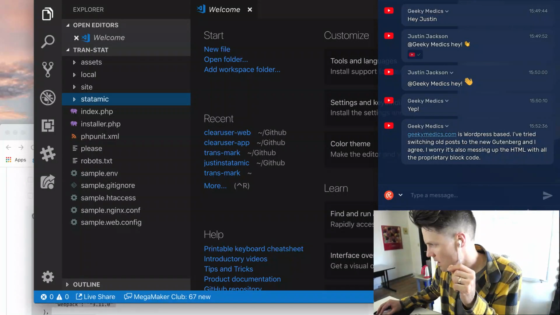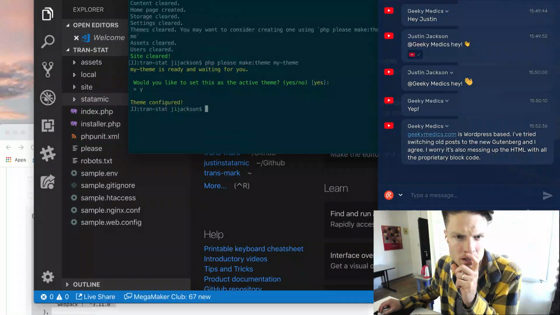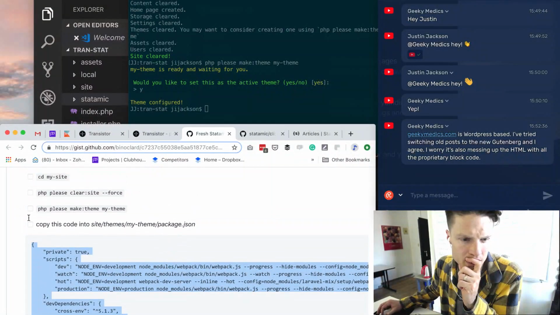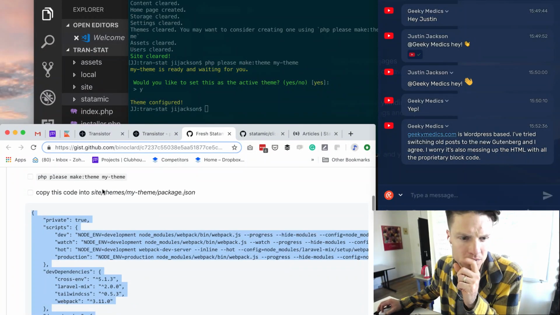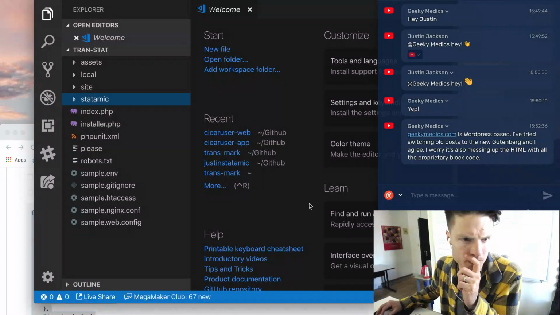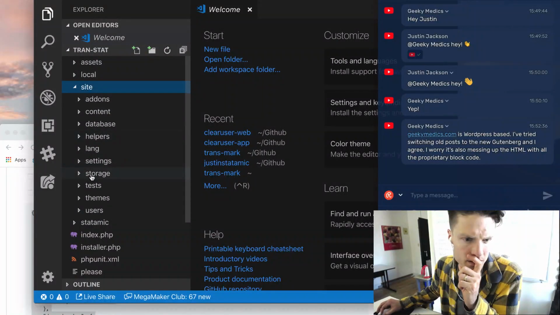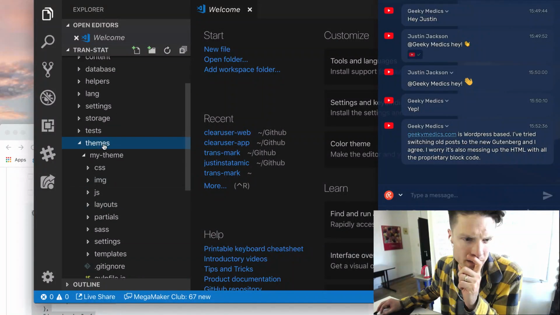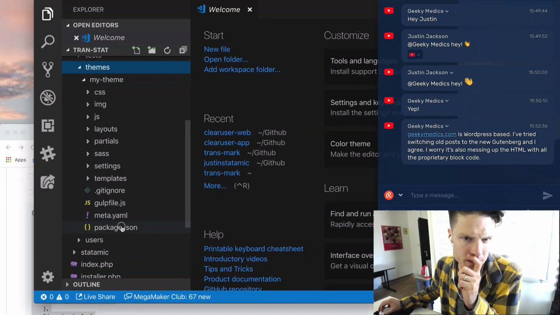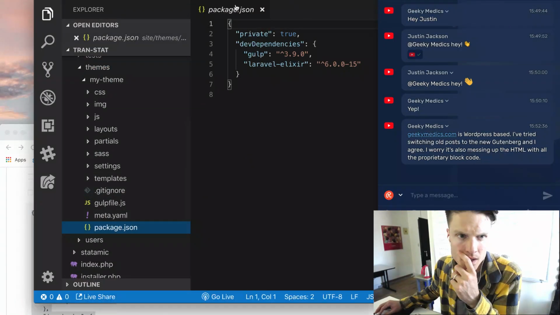Must be in, where is it? Oh, site, themes, my theme. Okay, let's just look for it that way. So site, theme, my theme, package.json. All right, now